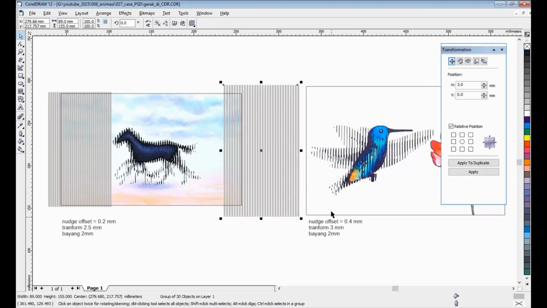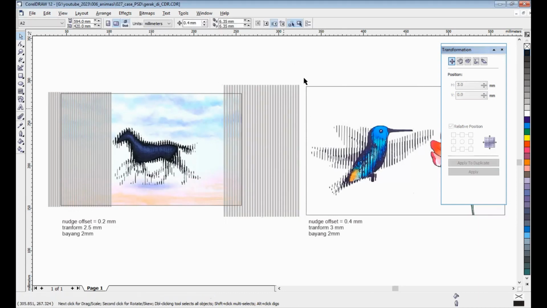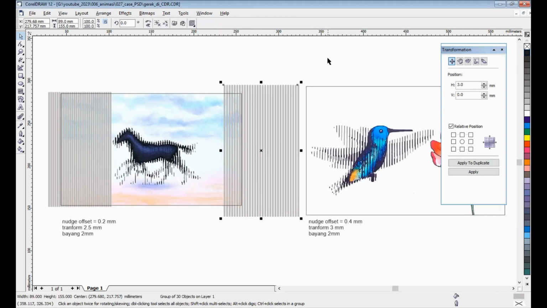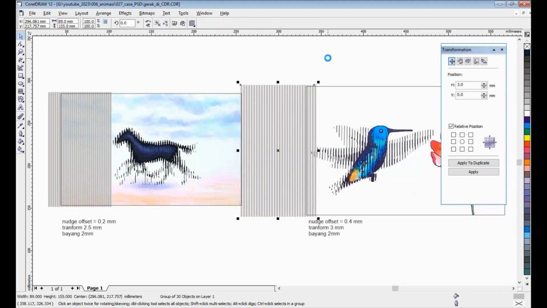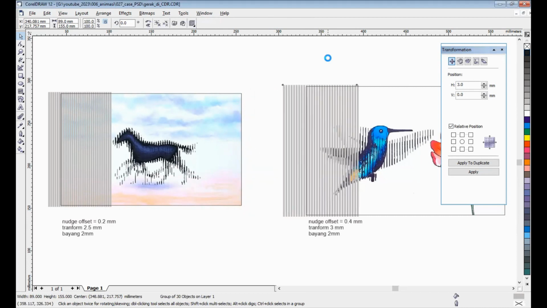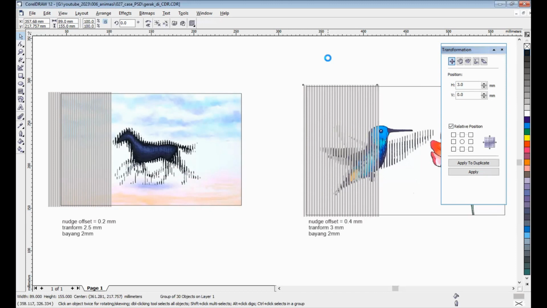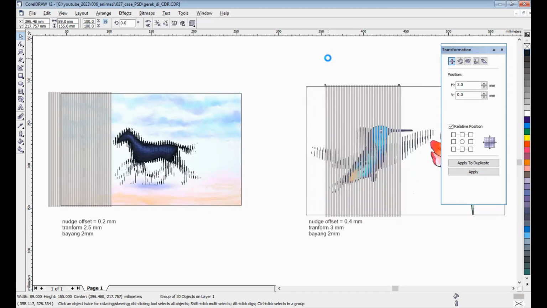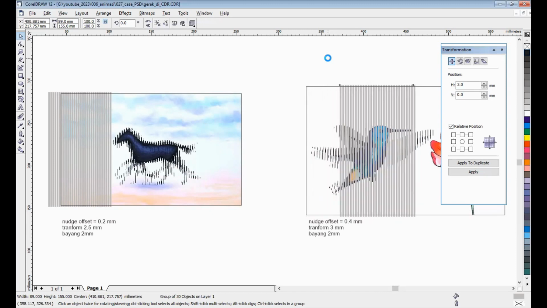Yeah, and I will change the moving object with 0.5 millimeter. Okay, let's try. 1, 2, 3. Let's see. I don't believe it. It works. Very amazing moving. Yeah, all of you see the object looks like it is moving.